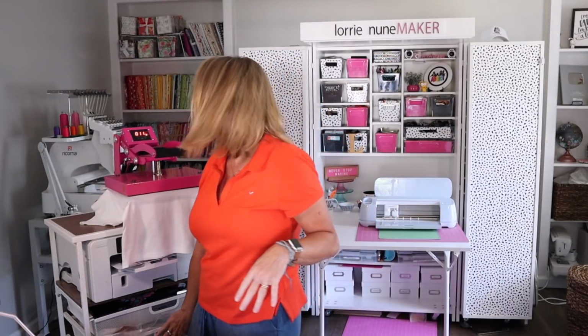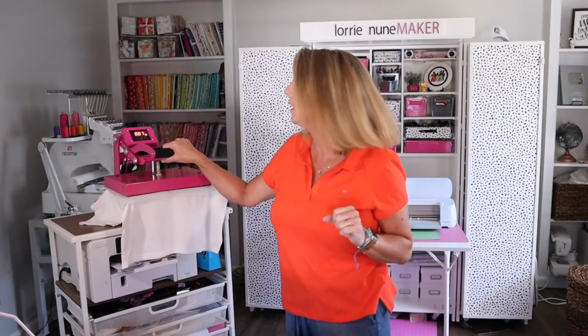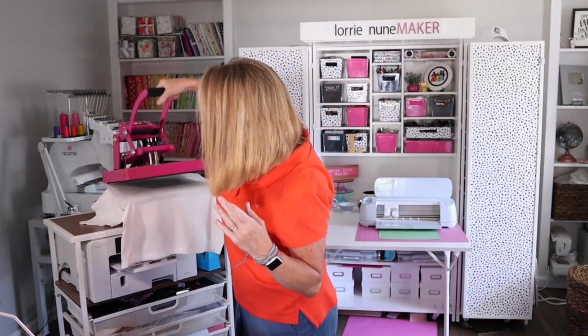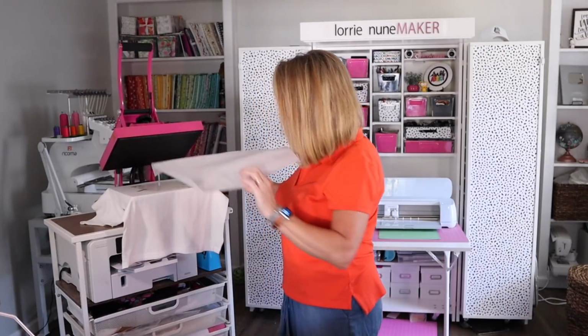I'm only going to press this for a few seconds. I've got it set on 15 seconds. That's probably good enough. So we're going to let this count down 15 seconds, but then we're going to have to turn that temperature up to transfer the sublimation ink. So we've got that done. I'll remove this,